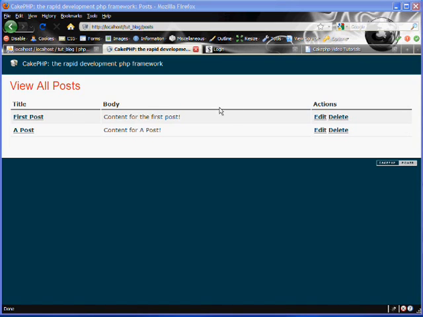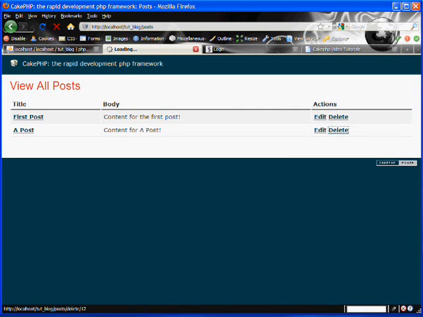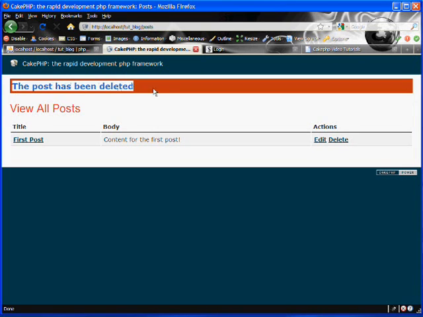And here you see now all of our posts have a delete link next to them, and we can click on it and delete that post. So let's delete this second one here. And you see the JavaScript pop up. It says, are you sure you want to delete this post? Gives me one last chance in case I don't want to. I'll click OK. There we go. The page redirected us back to the index page, and it's telling us the post has been deleted with the flash message, and we can see that the post is gone. So that's how you delete posts.